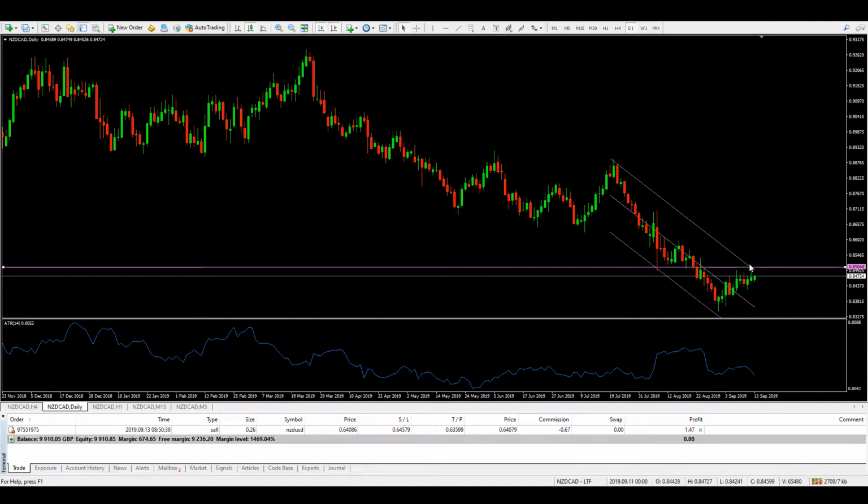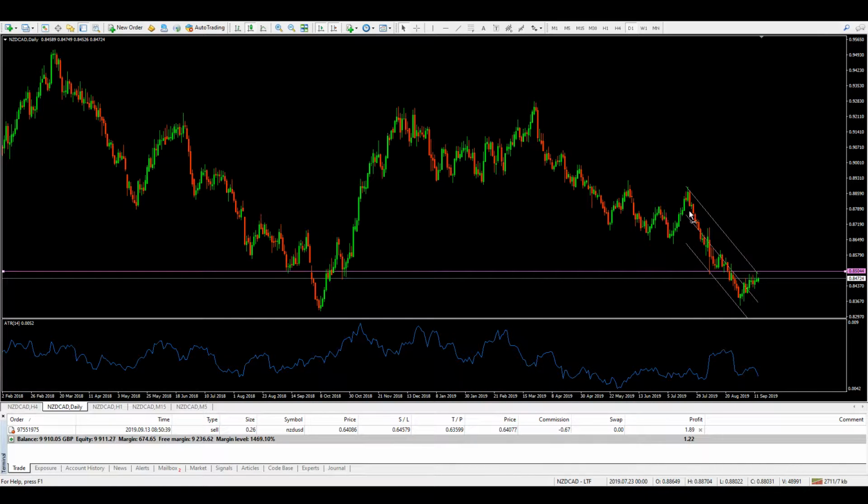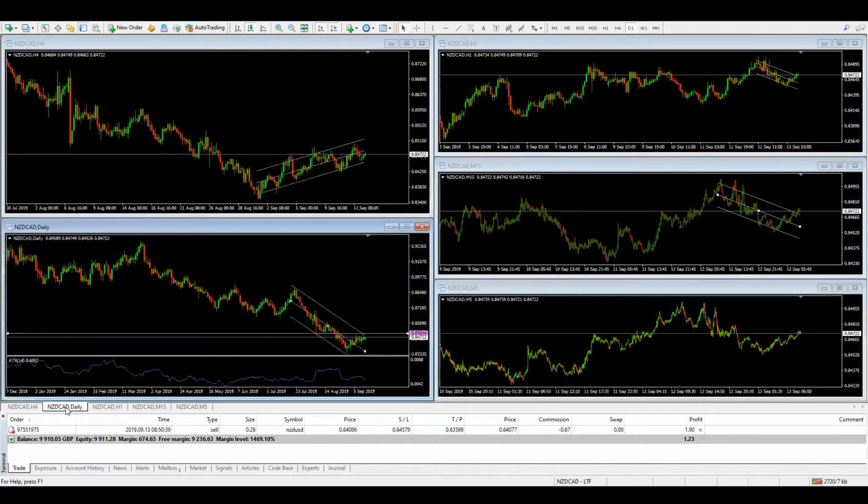above this resistance. What's tricky about this is this bigger move also has context as well from here to here, but it's still viable to potentially position this as a trade to short, but what's missing for this for me is the 4 hourly. The 4 hourly on this is still showing this retrace that we saw in the daily, so this bullish move here. The other time frames have started to roll over, show lower lows, lower highs, which is good, but for